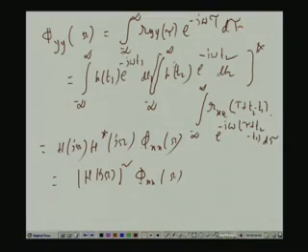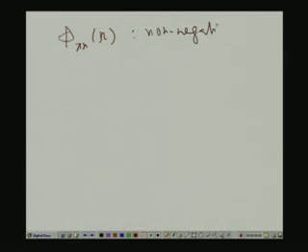This I will now use to show that any power spectral density is not only a real function, it is also a non-negative function. Okay. That is, to show this,